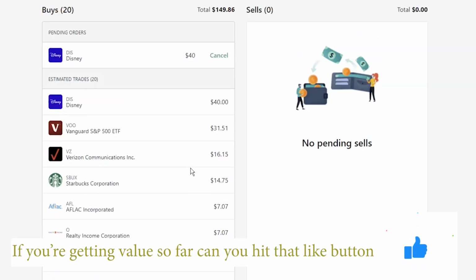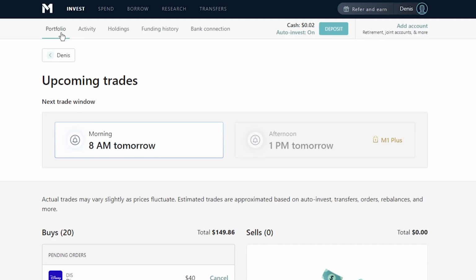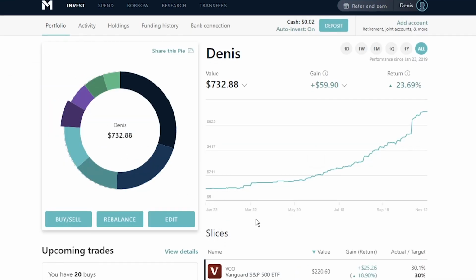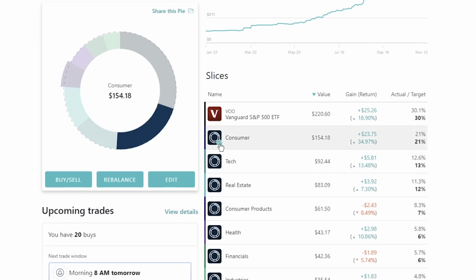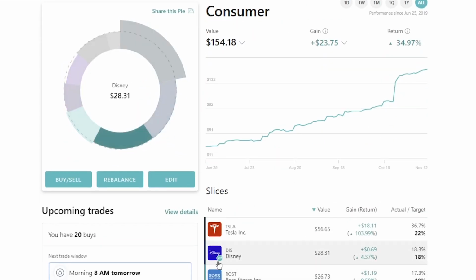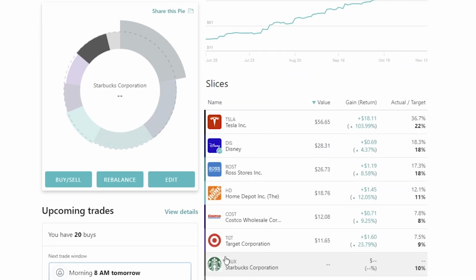Now, again, you can do more of this if you really want to. This is not how I'm personally going to do it. I just want to show you that it is possible to do. You'll see that little marker, by the way, on the part where it's actually getting traded. So if we hit consumers, you can see that only Disney is going to be traded in that section